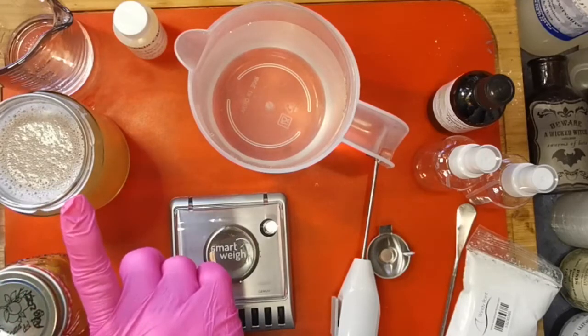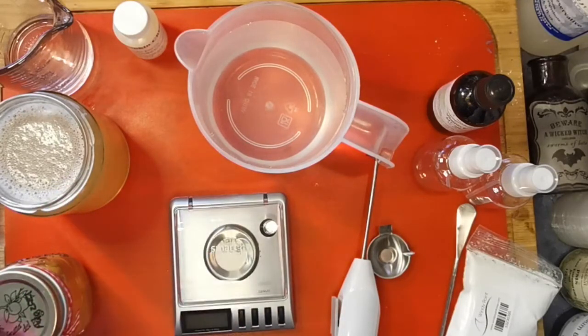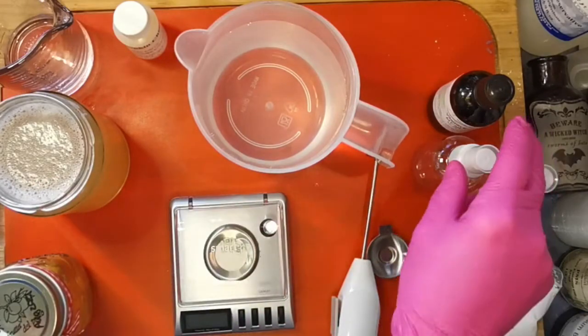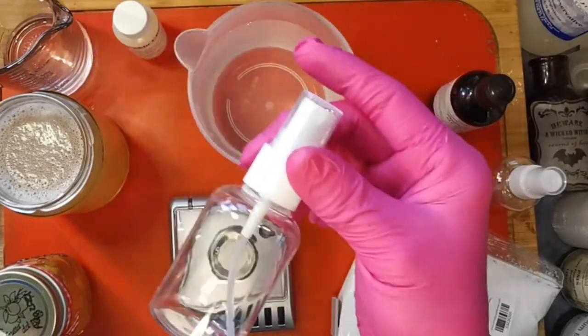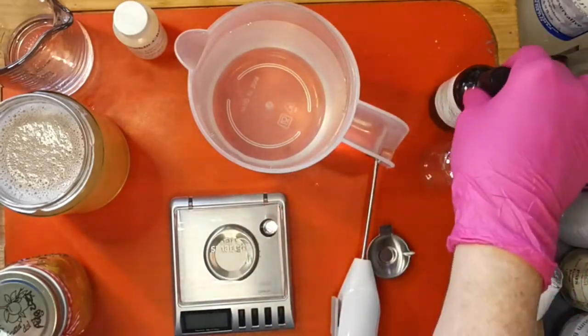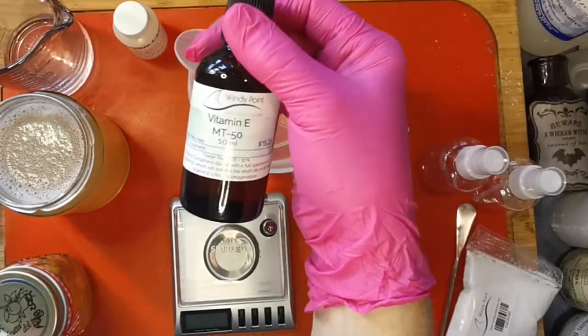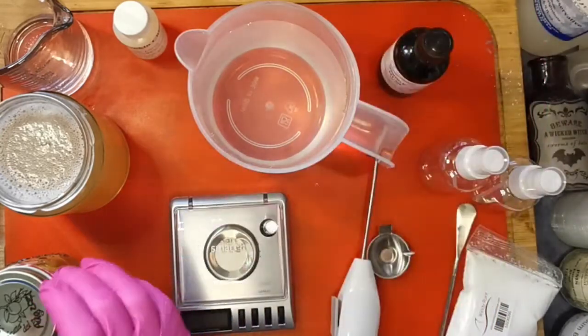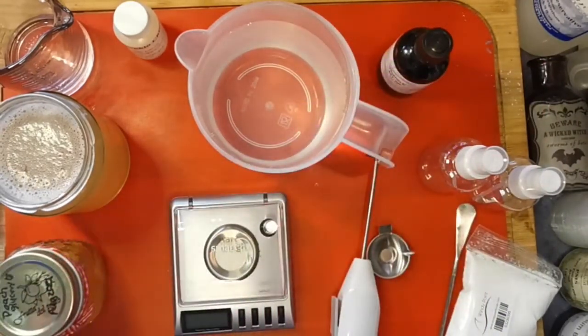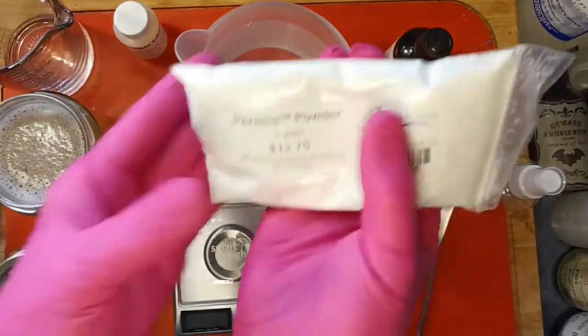So I've got it ready to go so I can make things with it. Now we're going to be making more things with this micellar water than just, it's a strong micellar. So I'm going to be making a spray. So I went to the dollar store, and you can get these again, yay, every once in a while. We're going to be fortifying it with a little bit of vitamin E, some peach glycerite, and some penstia